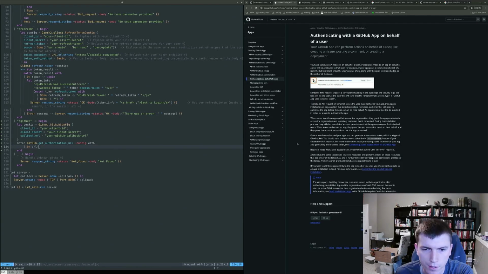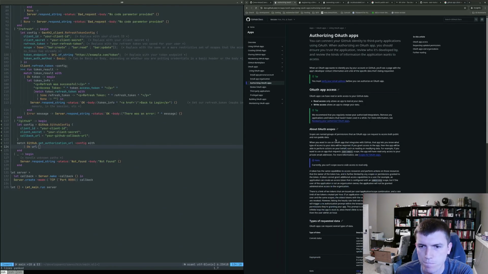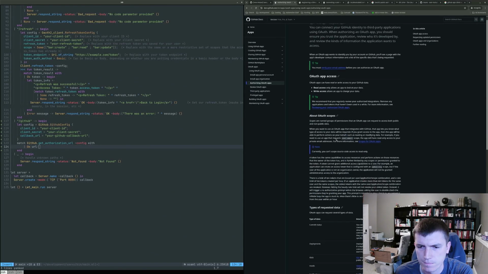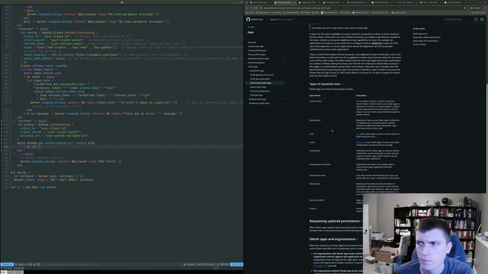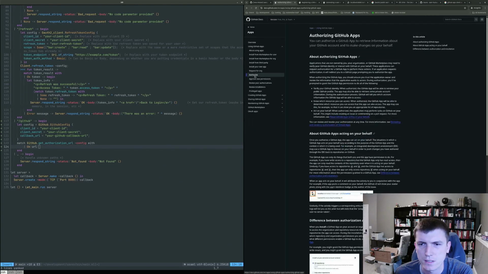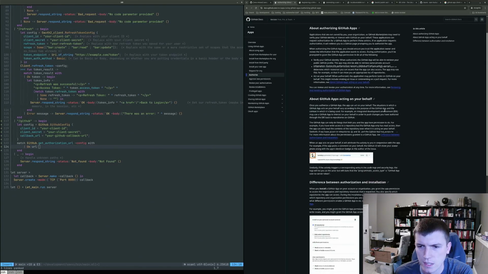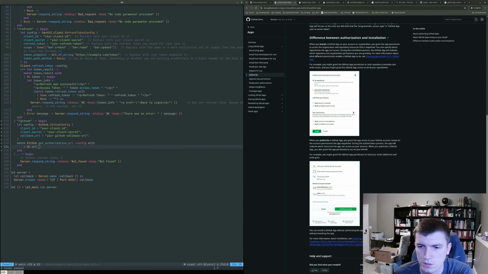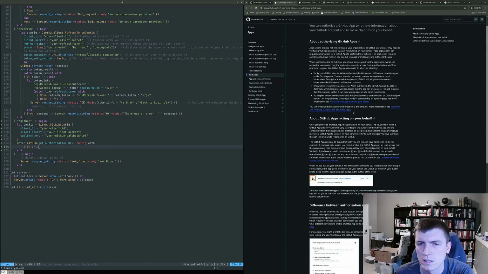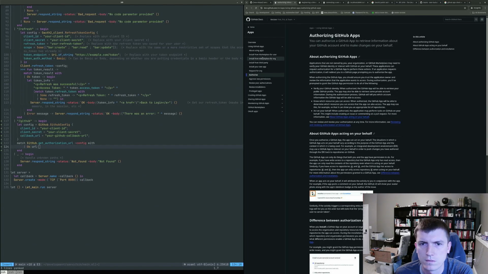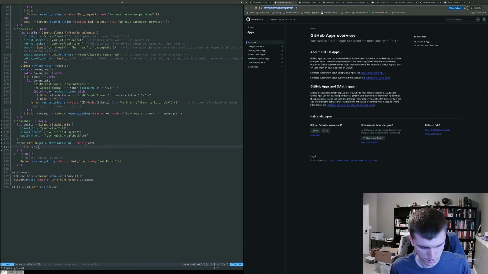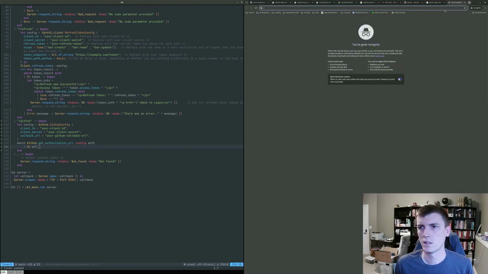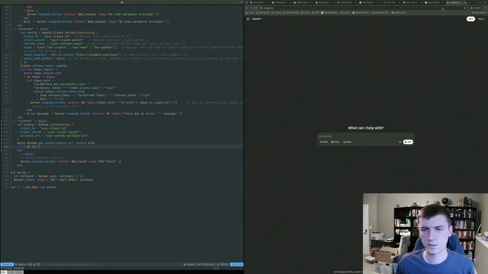Man, I much prefer OAuth apps. It seemed like, I swear I saw something about authorizing. Where am I sending these users? Idea. Let's see if the AI can figure it out.